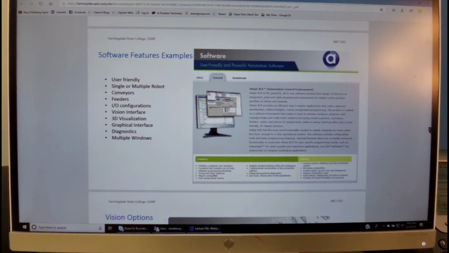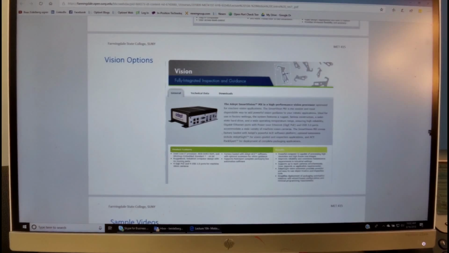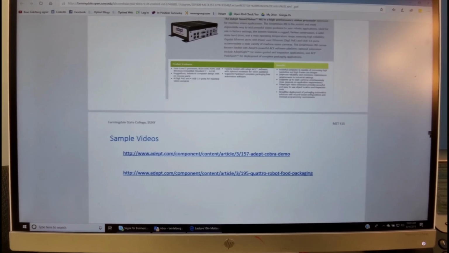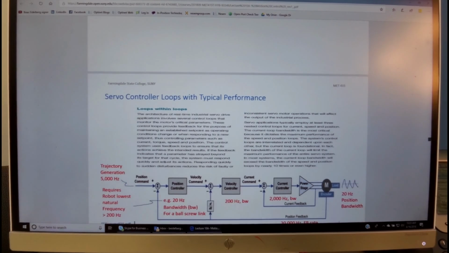So various companies will have various features in their software, including the option to include the vision system in the robot controller. We will not take a look at the videos. I suggest you do that.